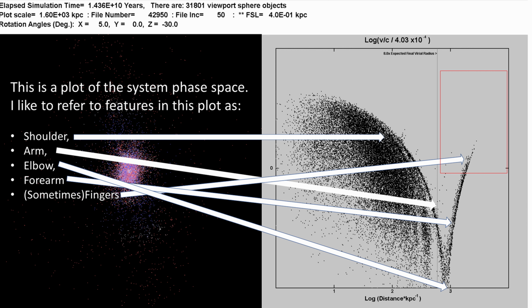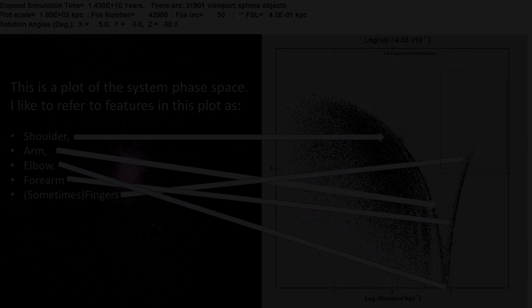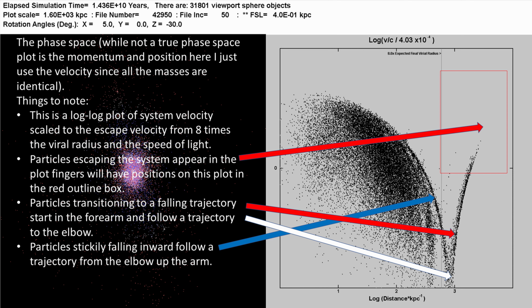I like to call this plot the GRU plot because GRU has a shoulder, an arm, an elbow, a forearm, and sometimes fingers. Let's look closely at the characteristics of the phase space / GRU plot. First, in the upper right corner, there is a red box that I've outlined where particles are probably going to escape the system. Looking down the forearm, we see particles that may transition up into the red box area or